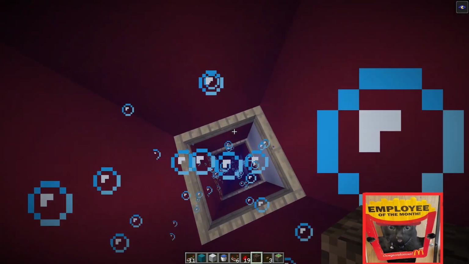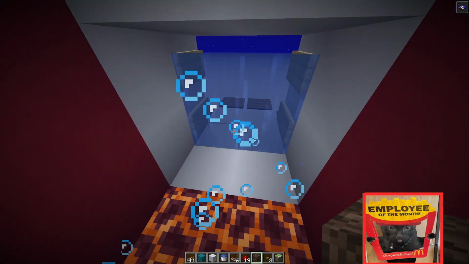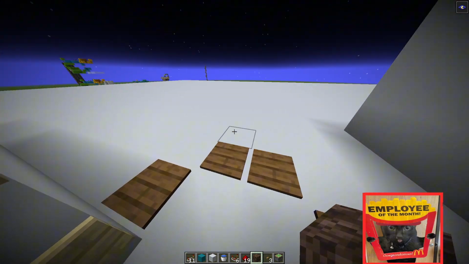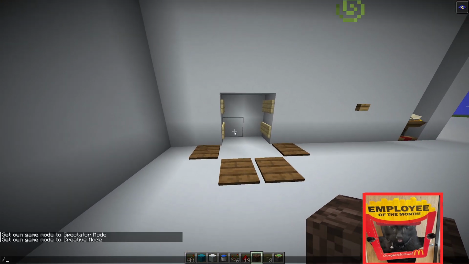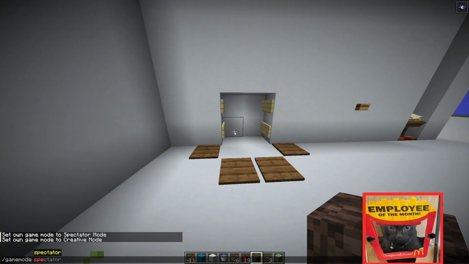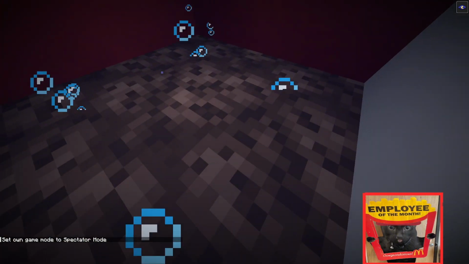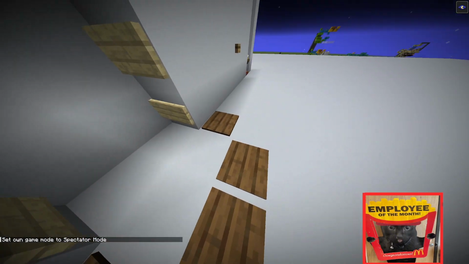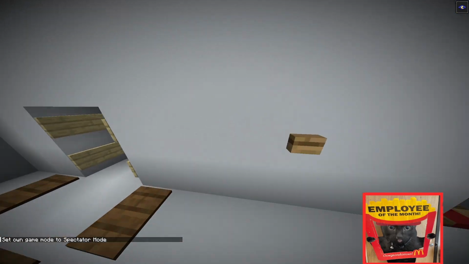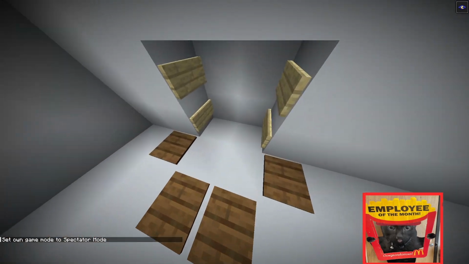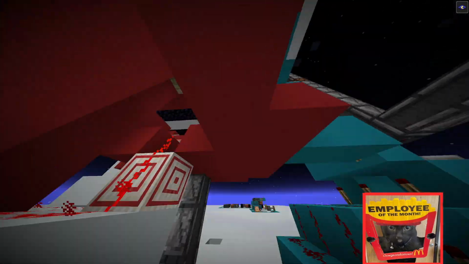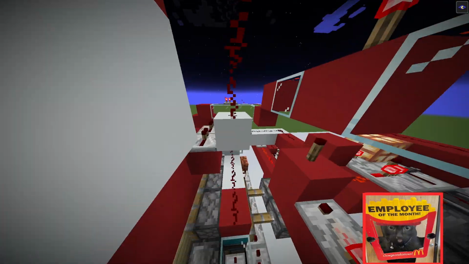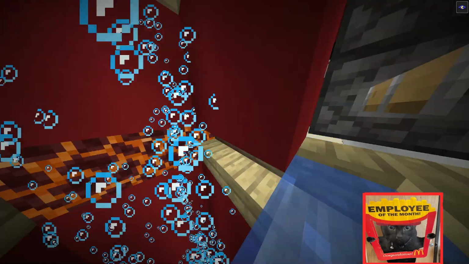It sucks you all the way down to the first floor. Closes every other door except the door you're going to. You hit it. It resets. And then it resets this as well. And now it's back to soul sand. So you don't have to worry about going and hitting a button while you're on the first floor to switch this back to bubbles, because it does it automatically. It's all automatic. This took me like a week and a half, and